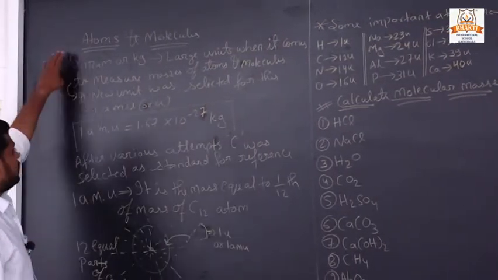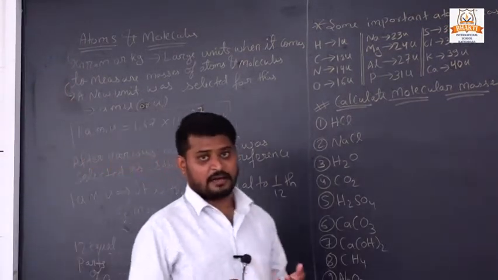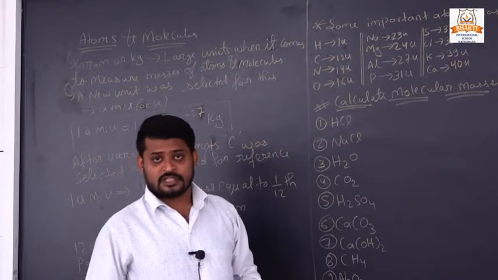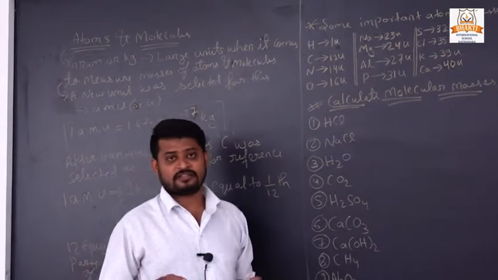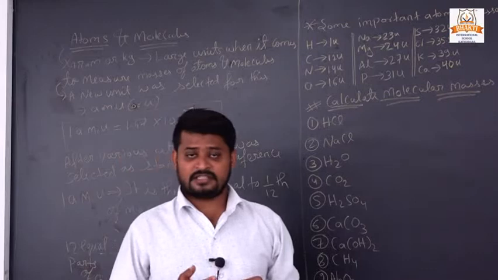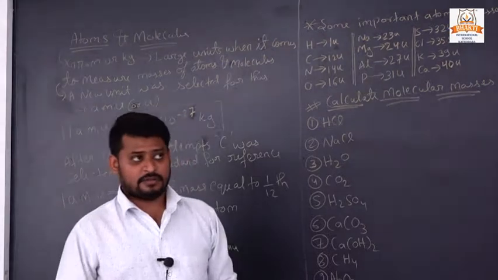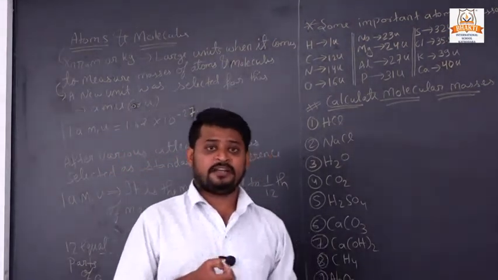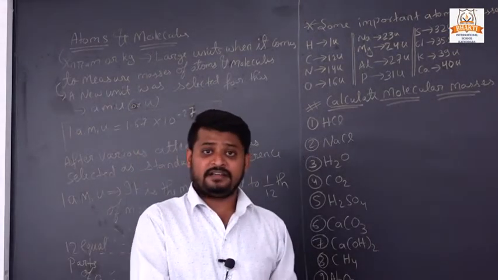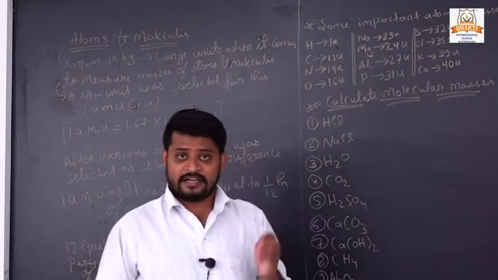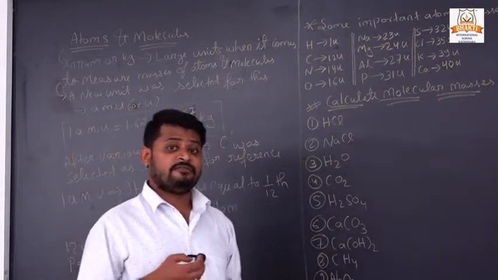So we will start. For objects, we calculate masses in gram and kg. But we all know the smallest particle of matter is the atom, and we also know the atom has some subparticles. But still we say the atom is the smallest particle. Why? Because suppose gold has a smallest particle, that is the gold atom, but the subparticles don't have the property of gold. Atoms have the property of gold. That's why we say the atom is the smallest particle of matter.